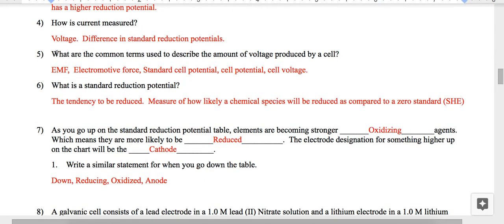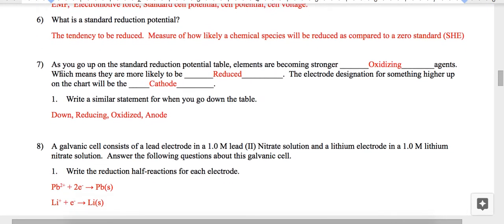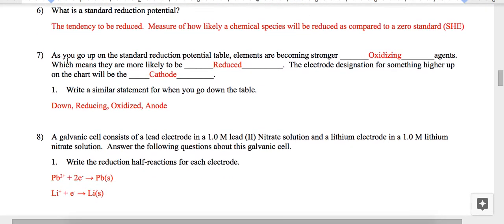Current is measured by voltage. These are the different terms that are used to describe the cell voltage. And then the standard reduction potential is another repeat from just above. So number 7 is a conceptual problem that organizes this stuff in terms of that waterfall scenario. As you go up the standard reduction potential table, species become stronger oxidizing agents, which means they're more likely to be reduced, which means that they're going to be the